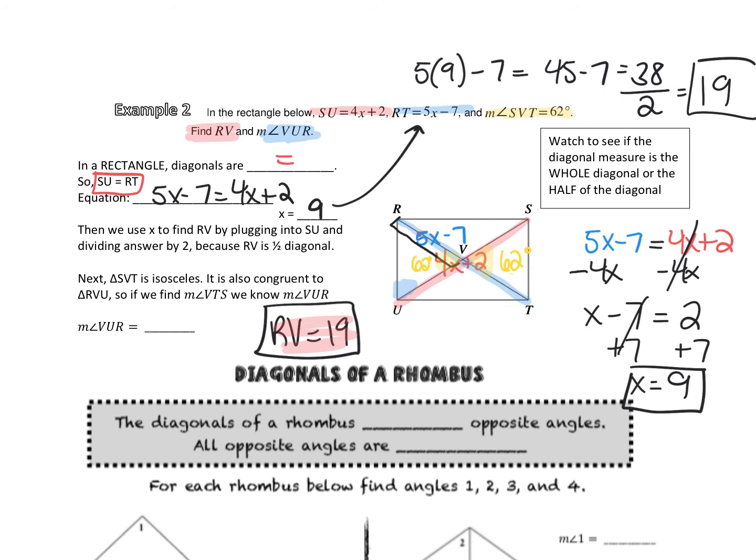So since it's an isosceles triangle, we know that all angles add up to be 180, but we know that the two of the angles are going to be equal to one another. So if I want to find VUR, then what I'm going to do is take my 62 degrees and subtract it from 180. So 180 minus 62